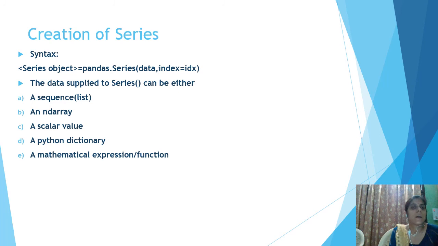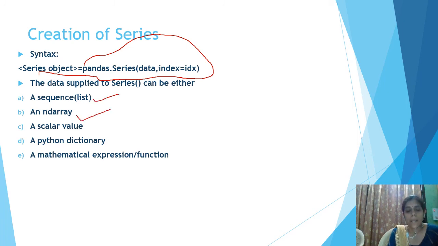Here is another syntax of creation of a series, but here the series is not empty. There is some data inside the series, and this data can be a sequence, a list, an ndarray, or you can say a NumPy array, which is already deleted from your class 11 syllabus. A scalar value means any constant value.